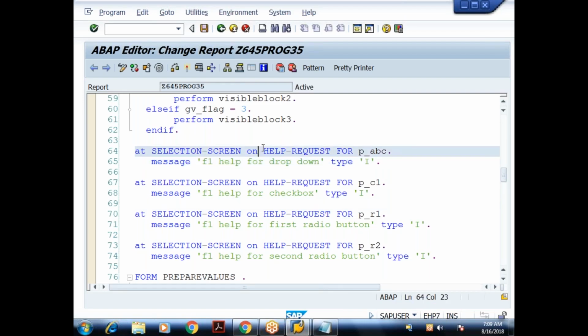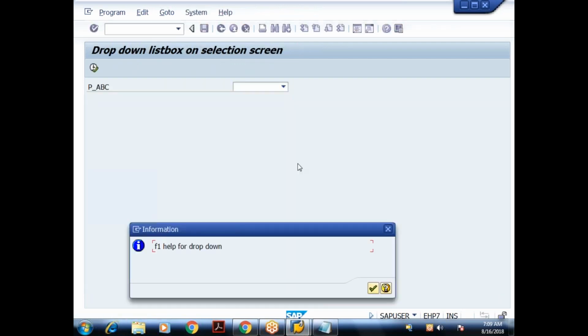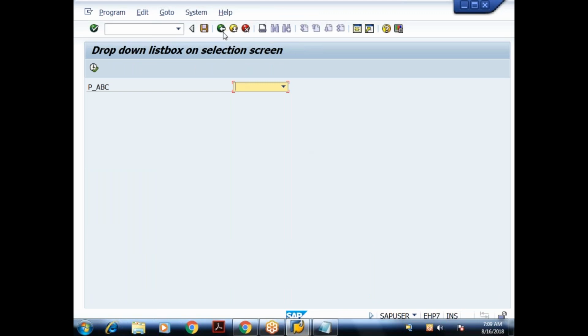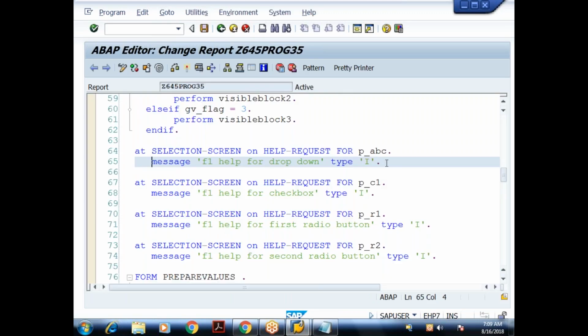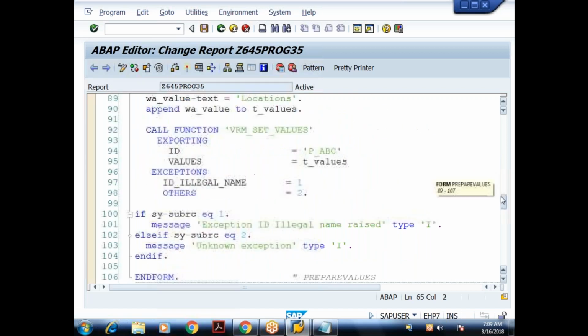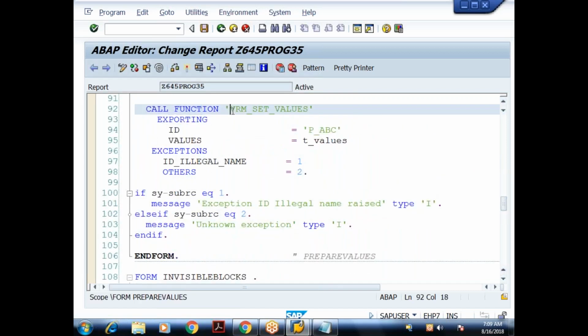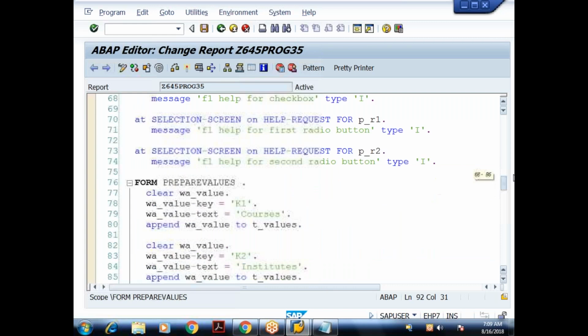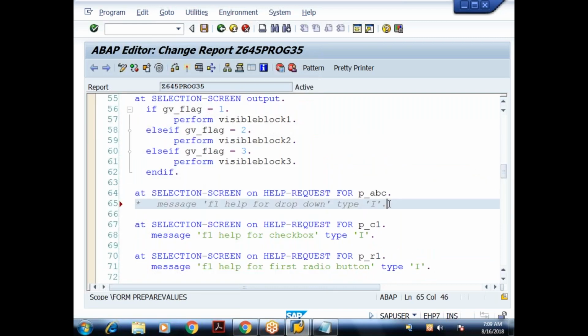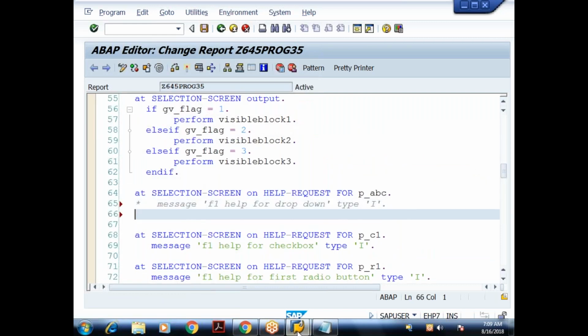Now, what I want is for the drop-down list box, we are just flashing the information message. Instead of flashing the information message, let me comment this. We already know how to use the standard function modules, how to call a function module, call function VRM_SET_VALUES. We understood its purpose. It is used for populating drop down values for the list box. Similarly, whenever I press F1 on the drop down list box, let me